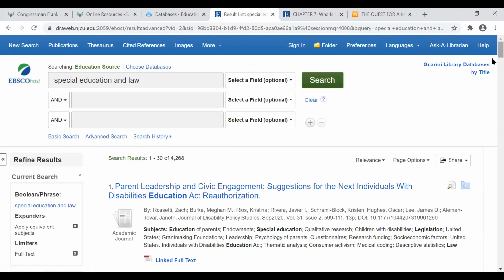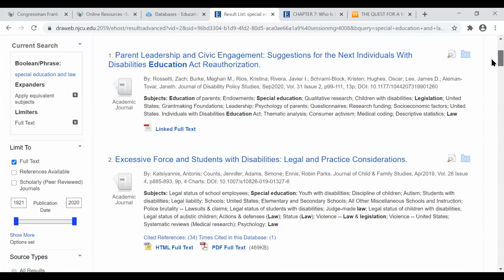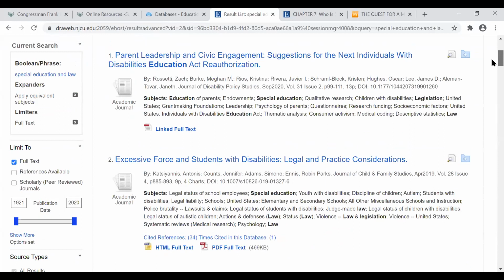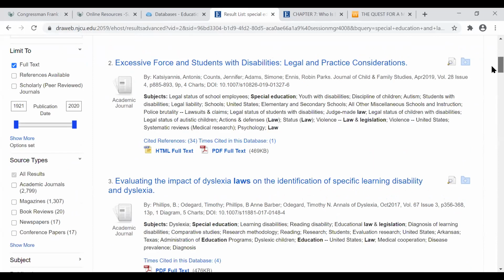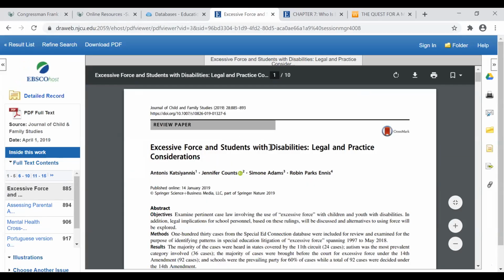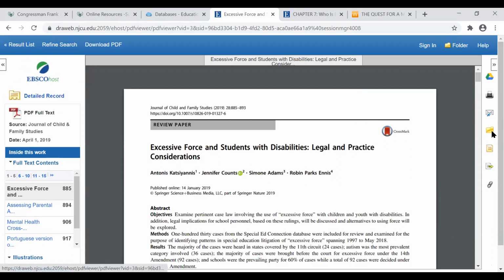So as you can see, we've got quite a few articles on special education and law, which may or may not help you. But all of these you can just click on, and you probably use these databases already to get the full text. You can print them, email them, save them to a disk. And here we also have